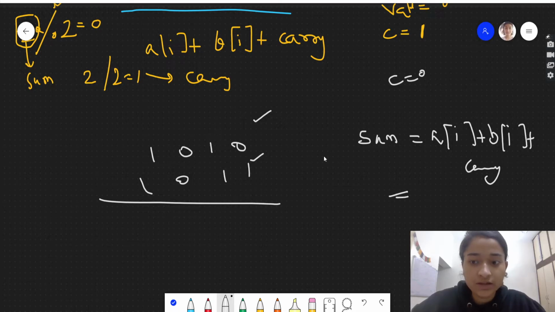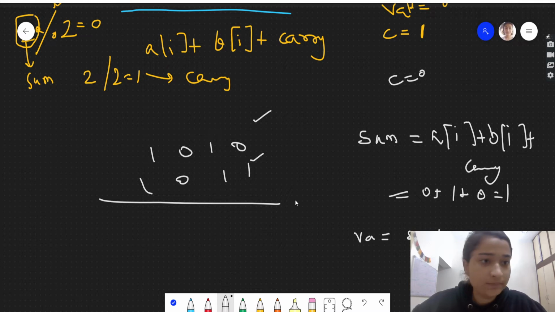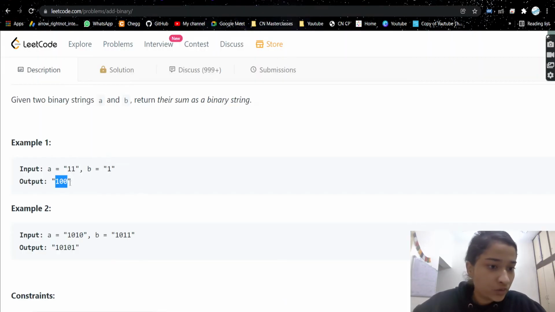So initially we start from this, so 0 plus this one plus carry 0, so the sum will come out to be 1. Now we need to know this value, so the value will be sum modulus 2, as we saw here. 1 modulus 2 is 1 only, so this value will be 1. We store this value in a string, because in the answer we need a string.